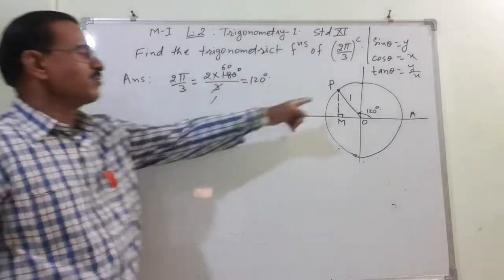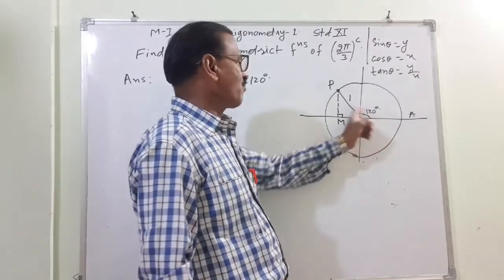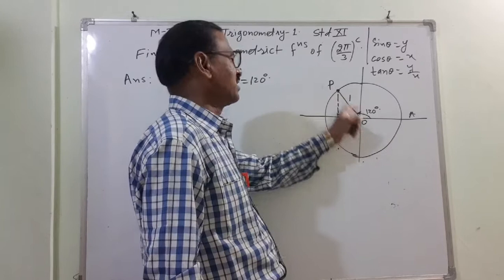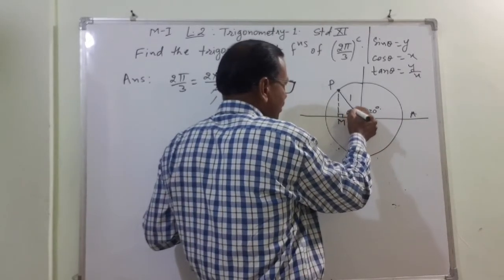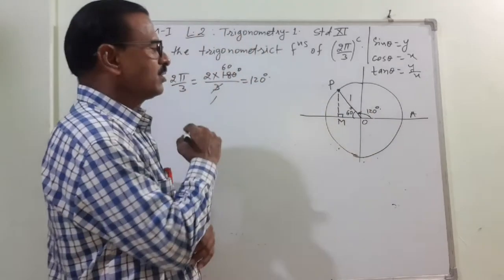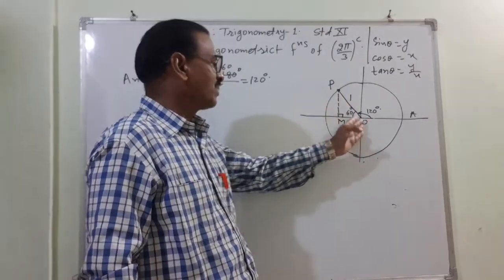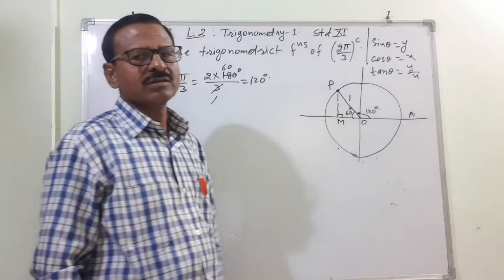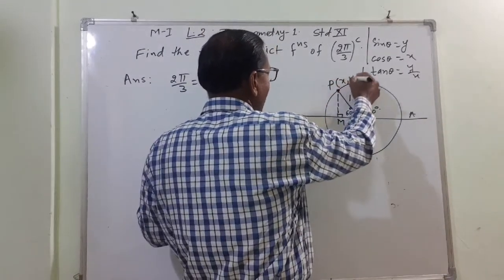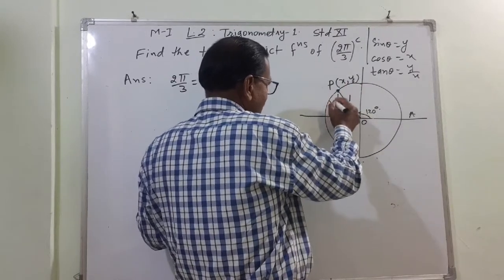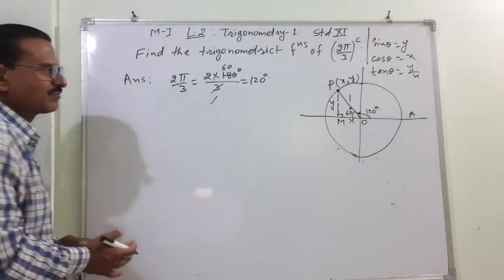So now this is my unit circle. I am finding the functions of 120 degree. 120 degree means this triangle itself. Now if this is 120 degree, this will be 60 degree. So instead of finding 120 degree, I will find of this triangle 60 degree. Now this is y. The coordinates of P are x comma y. This coordinate is y and this coordinate will be x. So I have to find x and y.